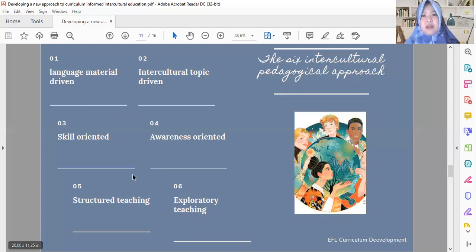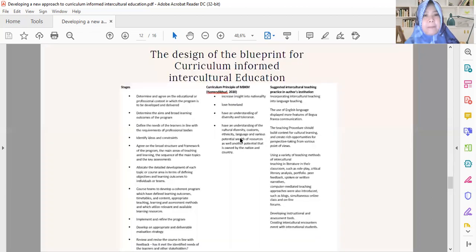All right, so here are the 6 intercultural pedagogical approaches.